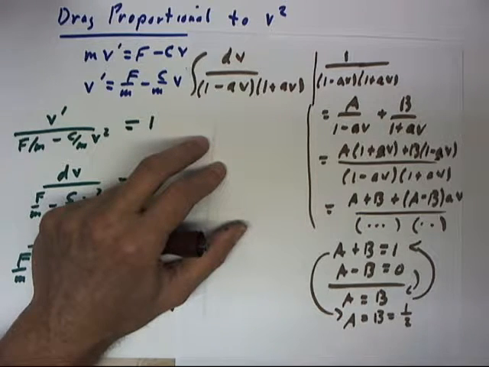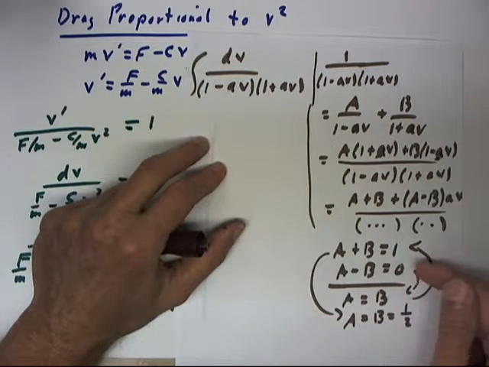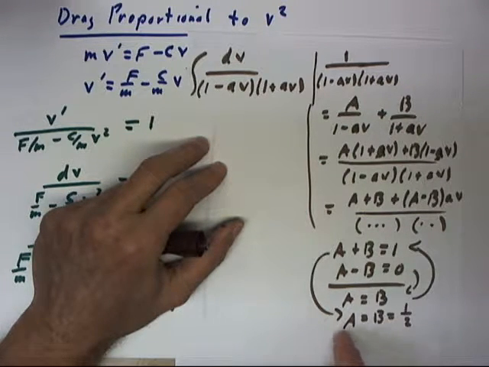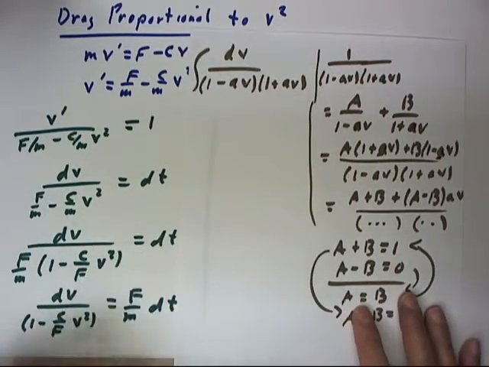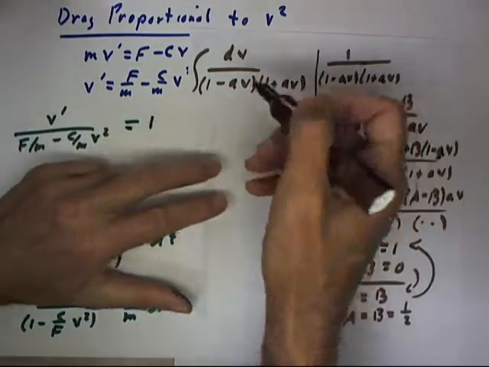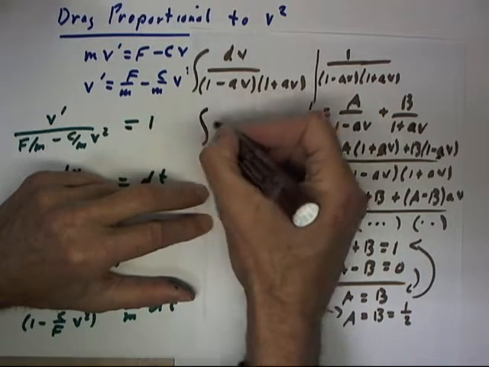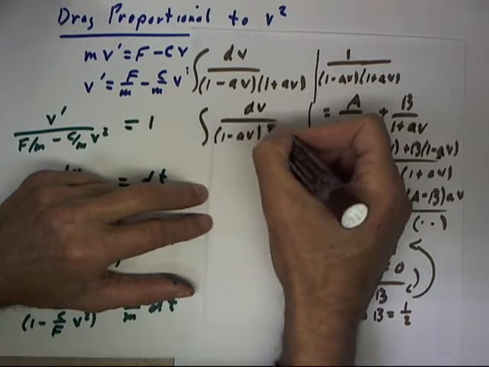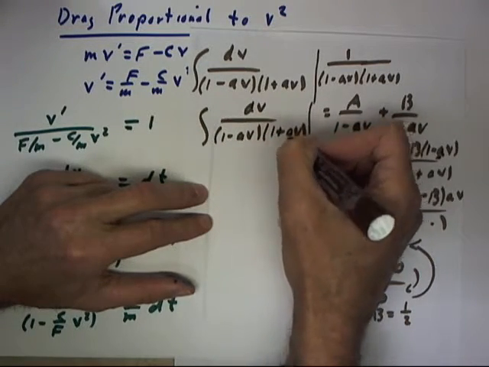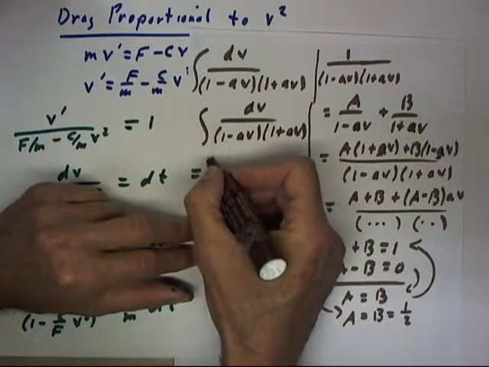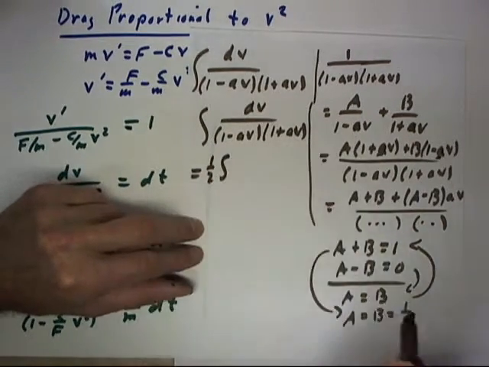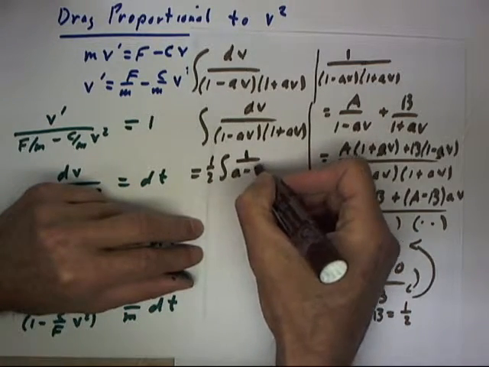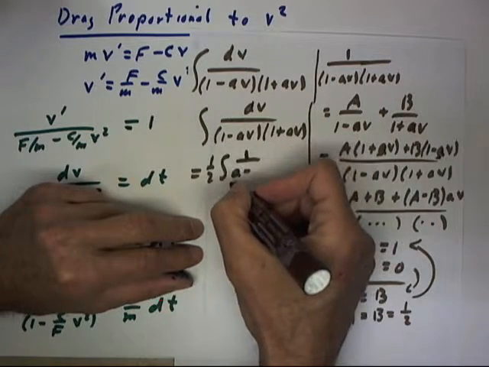Our conclusion, A equals B, comes from the second equation very easily. Plug that result back into the first equation, and we get A equals B equals 1/2. So that now the integral of dv over 1 minus av times 1 plus av is 1/2 times the integral of 1 over